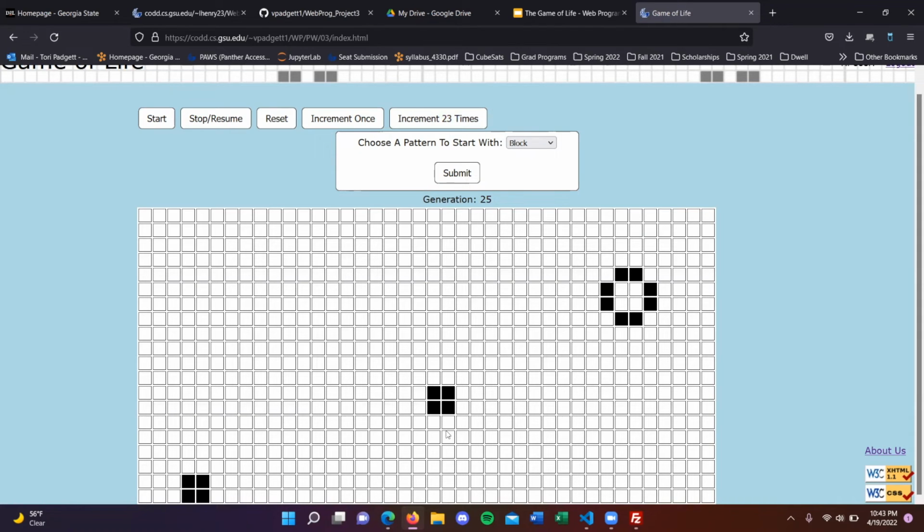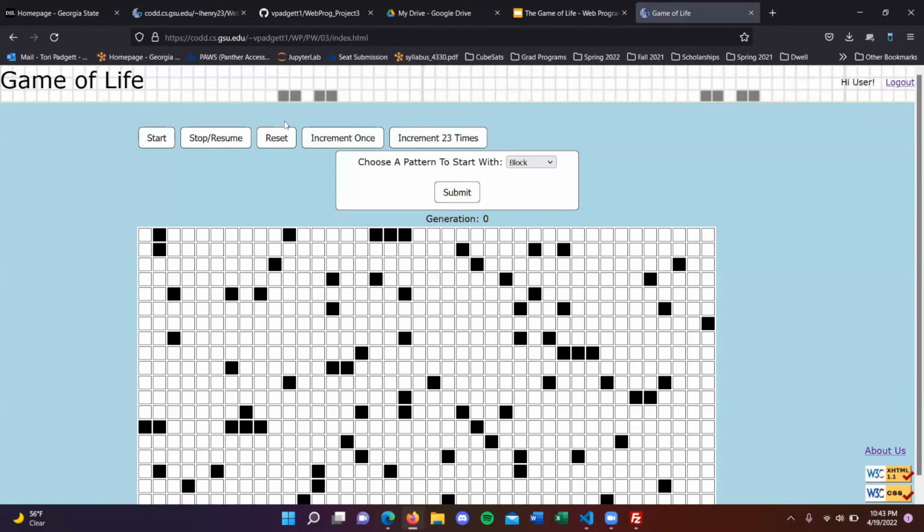So you can see there's a couple still life block patterns here. We can increment once again and see what happens and see as it continues to change, which right now it doesn't because all are still life patterns. So if we reset the board again,